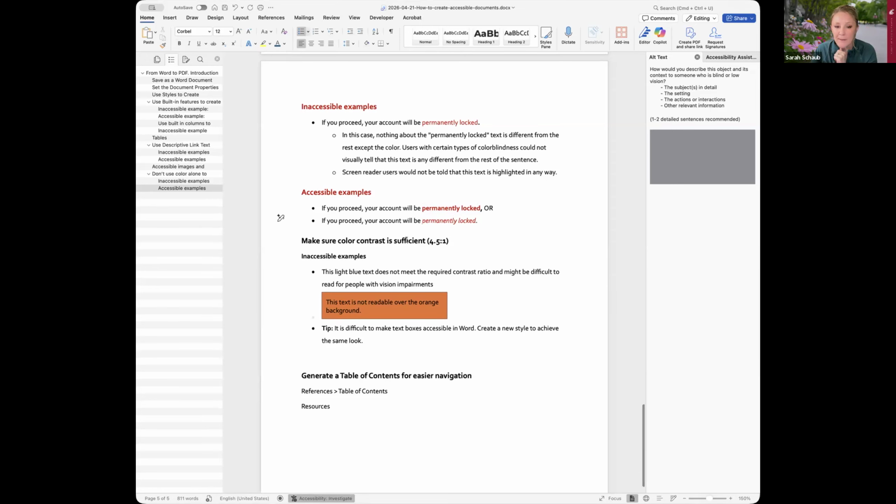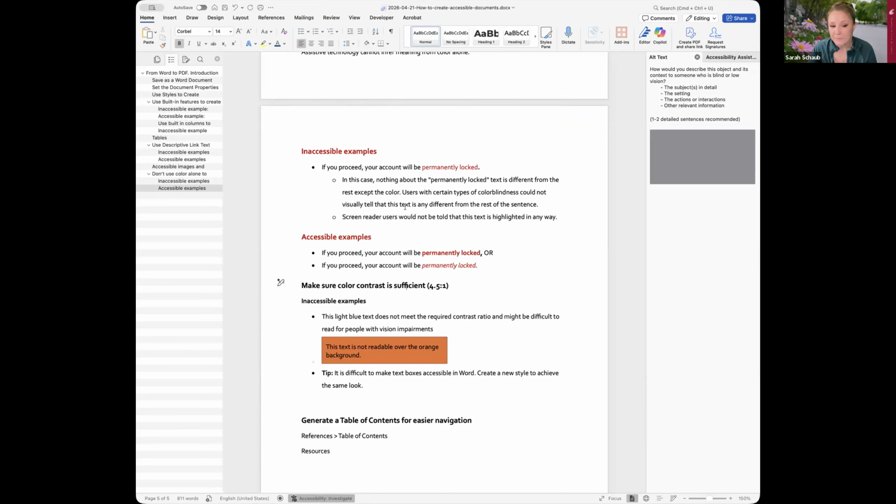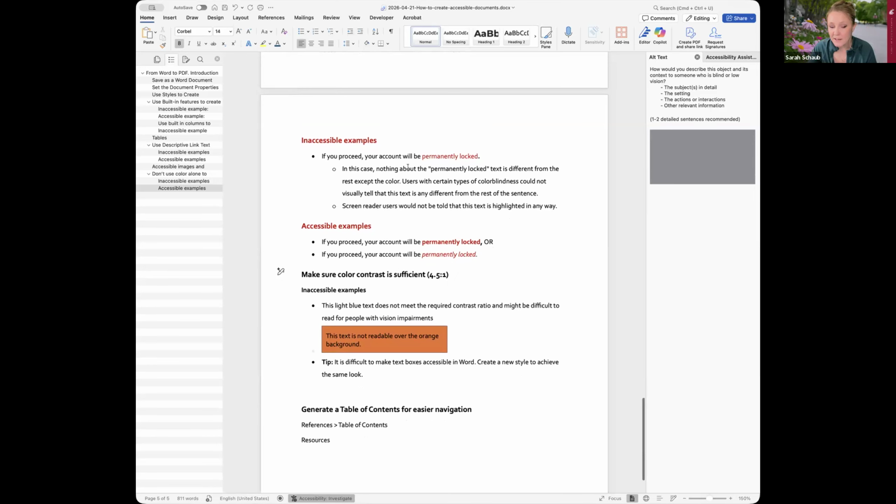One thing to note about Microsoft is the color contrast checker is not always 100%. So it is important to use additional tools at times that will help you determine what the actual color contrast is. I use a tool called Color Contrast Analyzer, and I can provide the link to that for you. Basically, it's just an app that you can download. It's free. You can download it on your computer. It has a little dropper tool where you can check two different colors, which I can demonstrate here in a little bit, but I have to pull it up on a different,